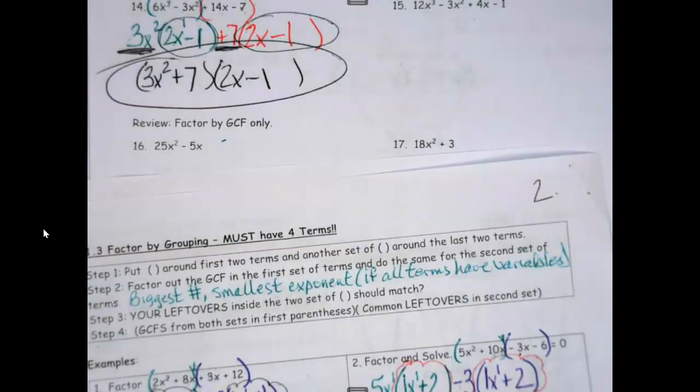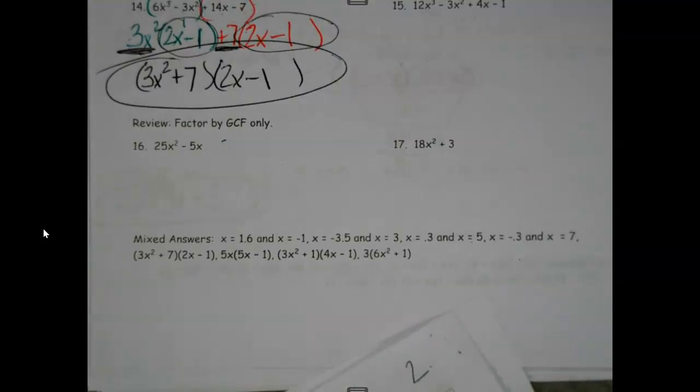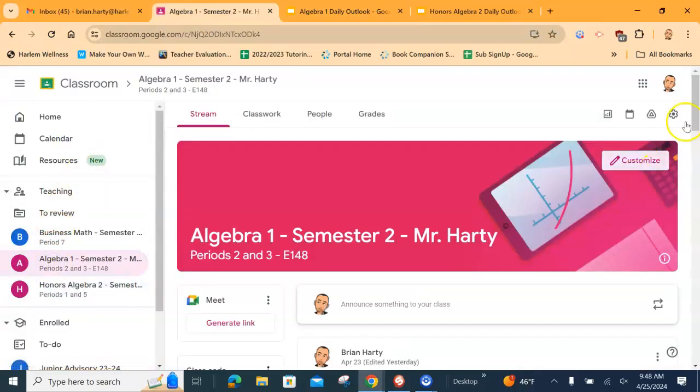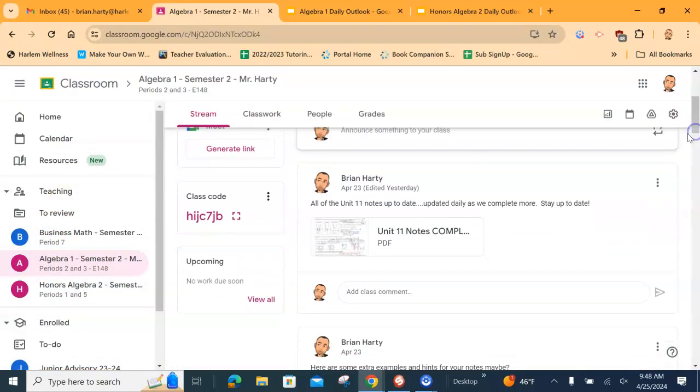So, suggestions from Mr. H. Number one, practice these so you've got a better feel for this as we get a little further down the road and add a few more things next week. Secondly, if you need them, over on Classroom at the very top, every single thing so far that we've done for notes in these first 3 pages is up there. Get them down and use them so you're not getting yourself into problems. Other than that,